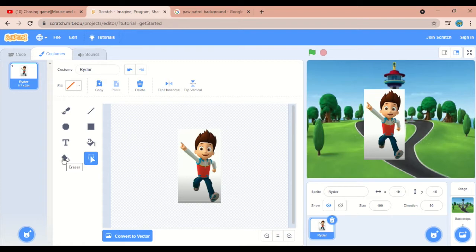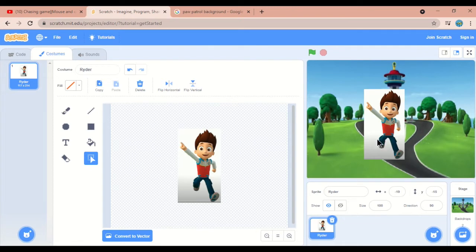Before that, let me tell you one more thing. If you are able to download a PNG, an image without background, then it would be fine because you can directly insert it. Okay, but sometimes it is hard to find an image without background, so that's why I choose an image with background, and I'm going to show you how to remove that background.